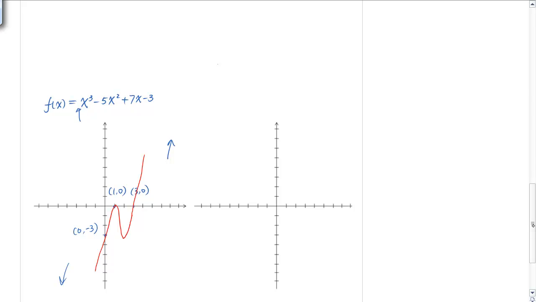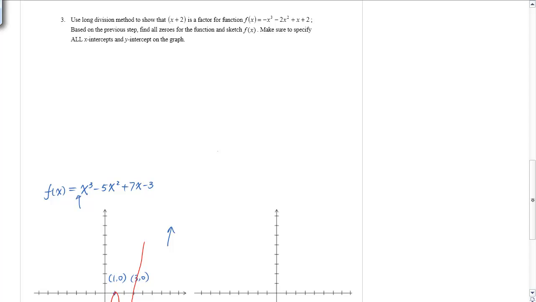So that's this problem. The last problem: use the long division method to show that x plus 2 is a factor for this function. You can pull out the negative 1, the leading coefficient, before you start the long division, but you don't have to. Let's just start directly. There's no missing term, so we just write the function here. For long division, we will write the factor here directly,